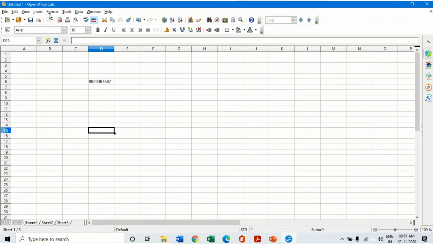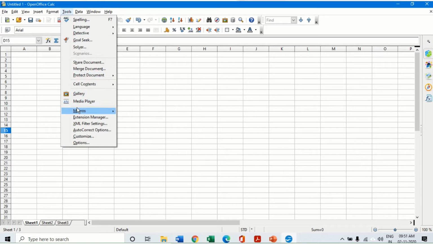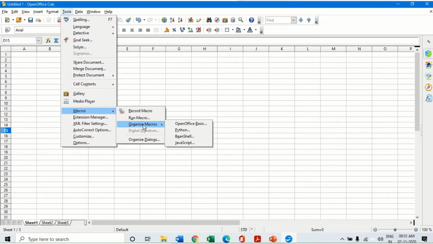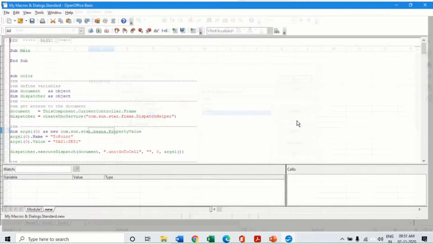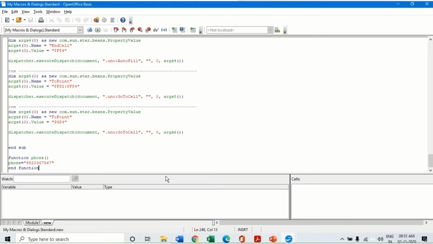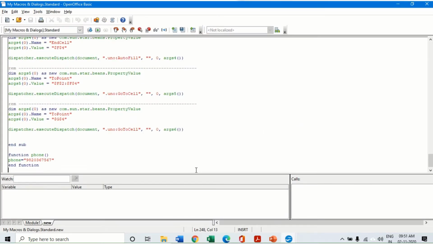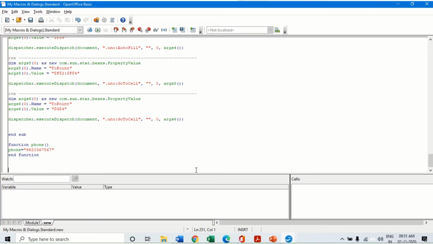Again, we will go to tools, macro, macro organizer, open macro. Again, click on phone or any other place, so that you can get into the edit mode. Now as I told you, it should be in a blank space somewhere down below after End Sub. Here now I will write Function number 5.